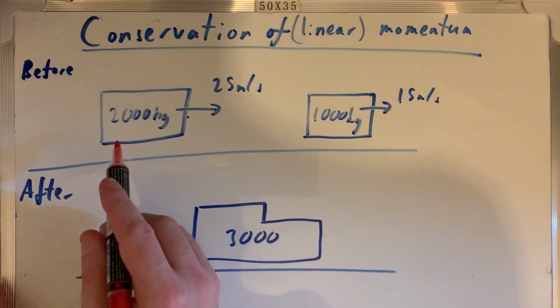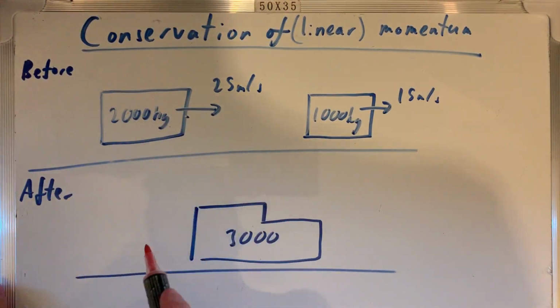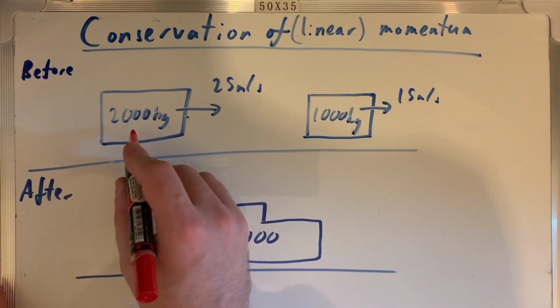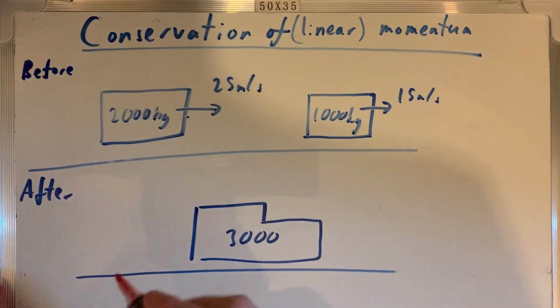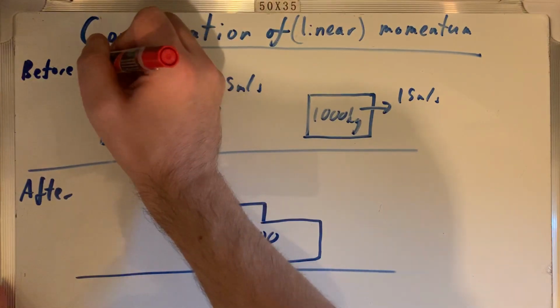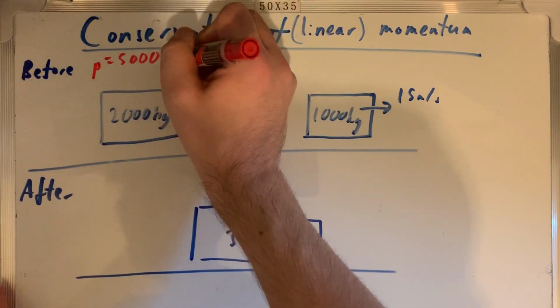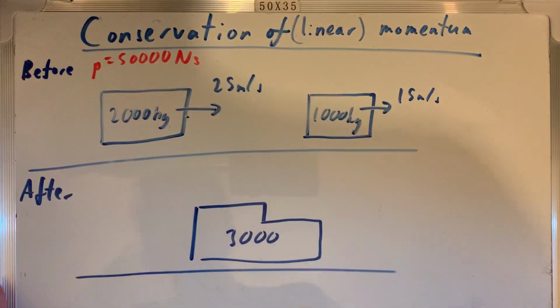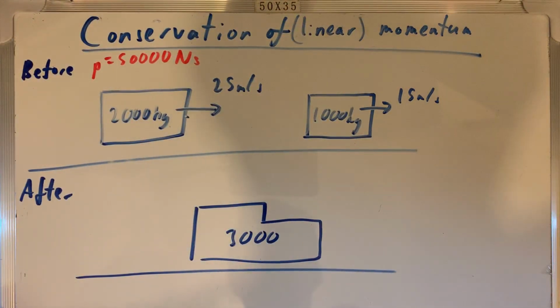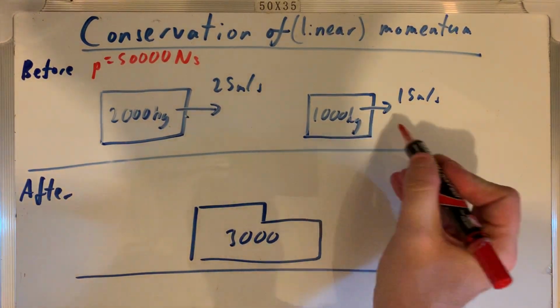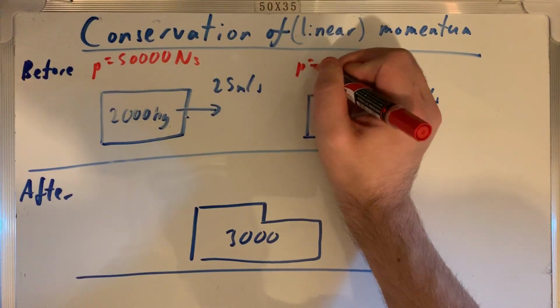at any time. Momentum is mass times velocity, p equals mv. So it's simply the mass 2,000 times the velocity 25, that's 50,000 kilogram meters per second, or Newton seconds. I'm just going to use Newton second because I used kilogram meter per second in the last video. I just want to get used to both of them. This one, mass times velocity. So the momentum of this one is